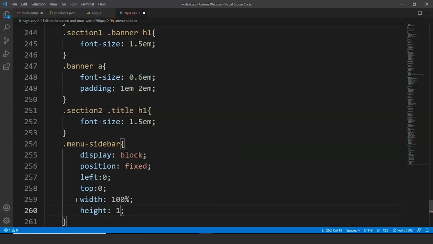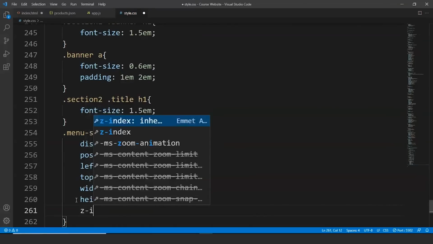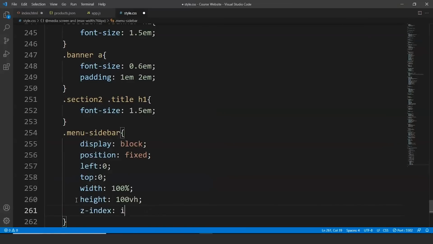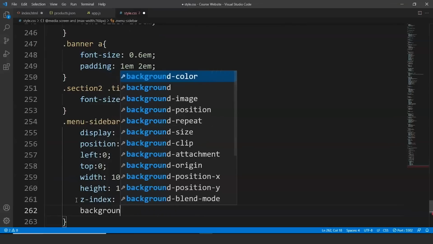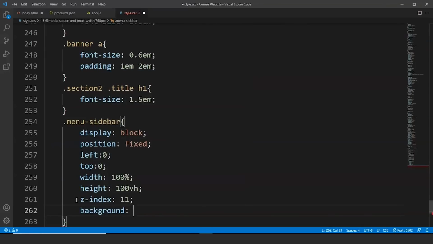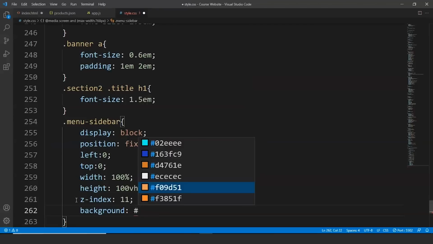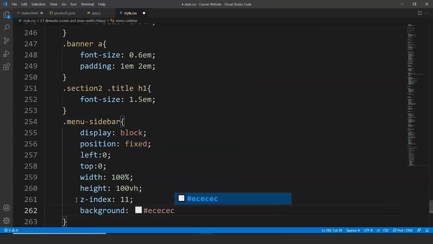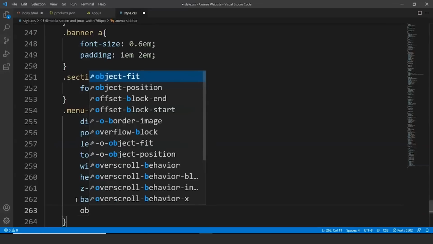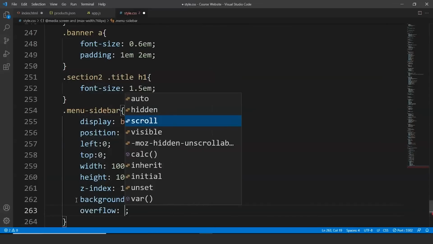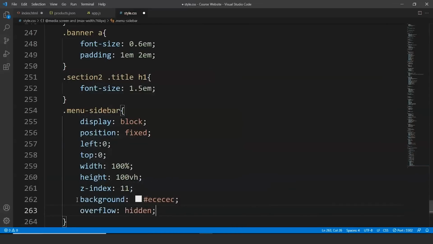Height is 100 viewport height and z-index is 11. Background is going to be gray again. So we'll write here #ECECEC. Then we'll write here overflow is hidden